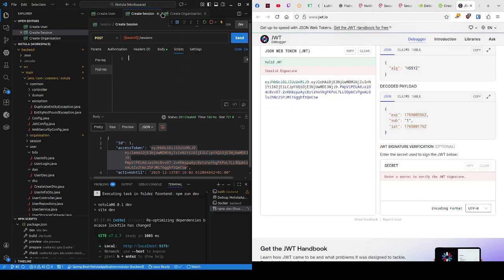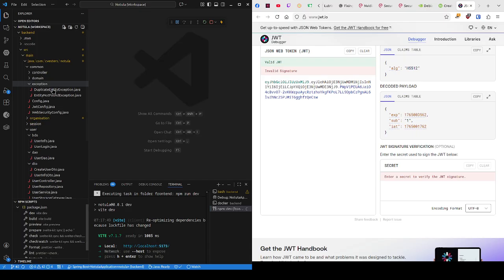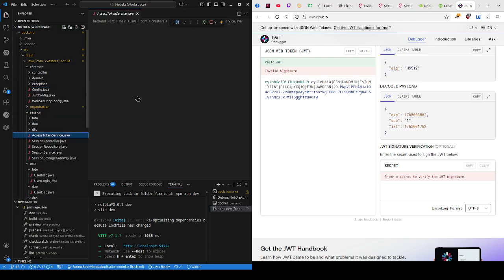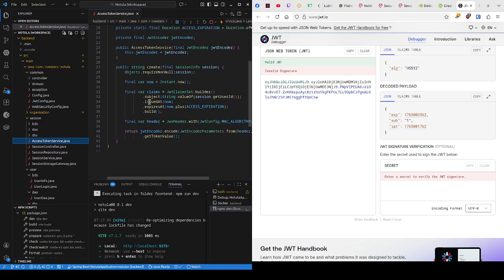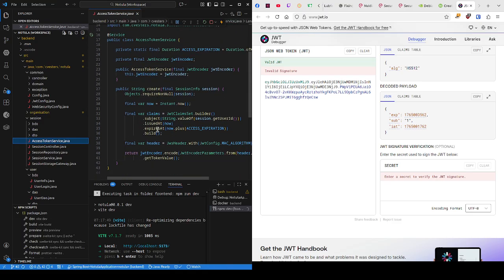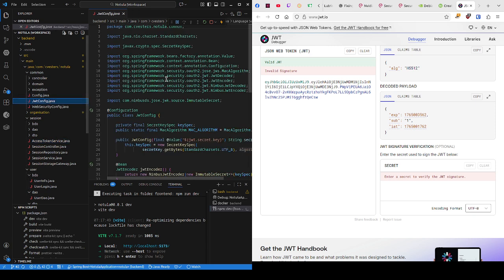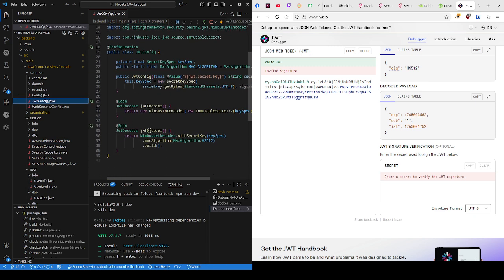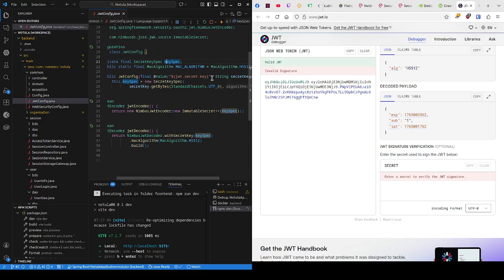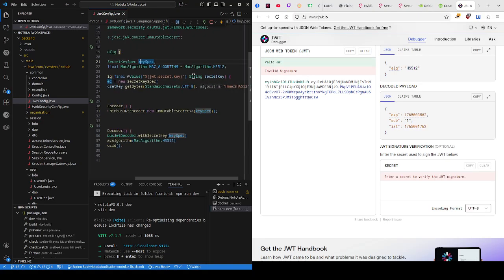Okay, so that's what we have so far. How is it all set up? It is set up with the session. Here you have the access token service, which actually creates the session. So here I will create it and whatever, but the actual using and filtering is all done through. Also here you have the encoder and decoder being specified together with the algorithm and the key specification, which is just a variable that comes from my